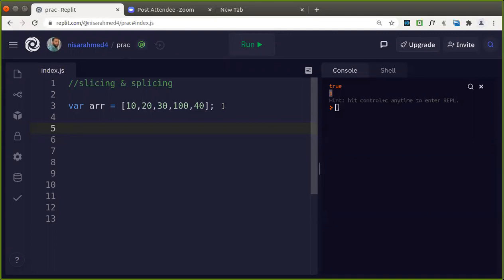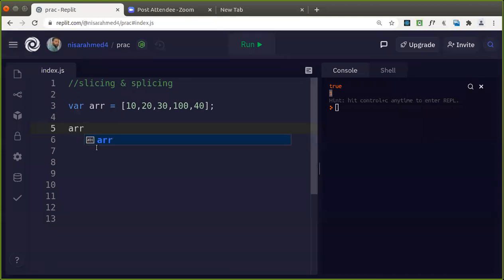You have a function here, the slice function, in the array. So that will help you out in this process of slicing. So use the function slice to extract a subarray from a given array, isn't it? Given an array, from that if you want to extract, for that purpose you can use the function slice.